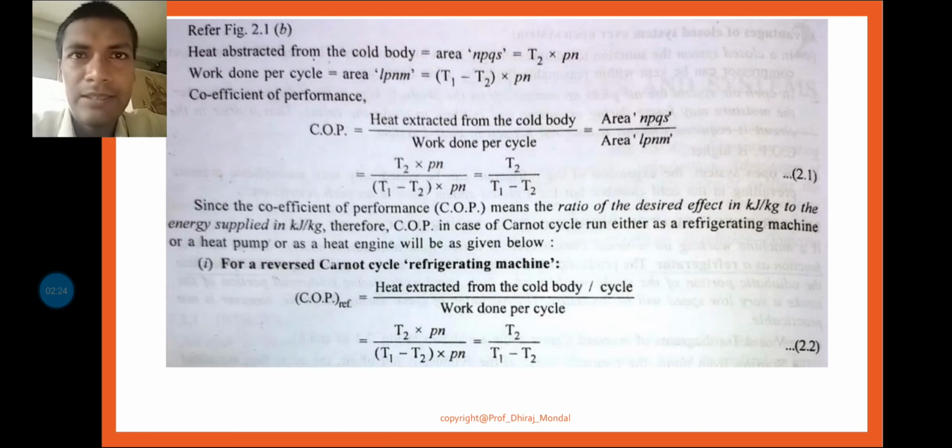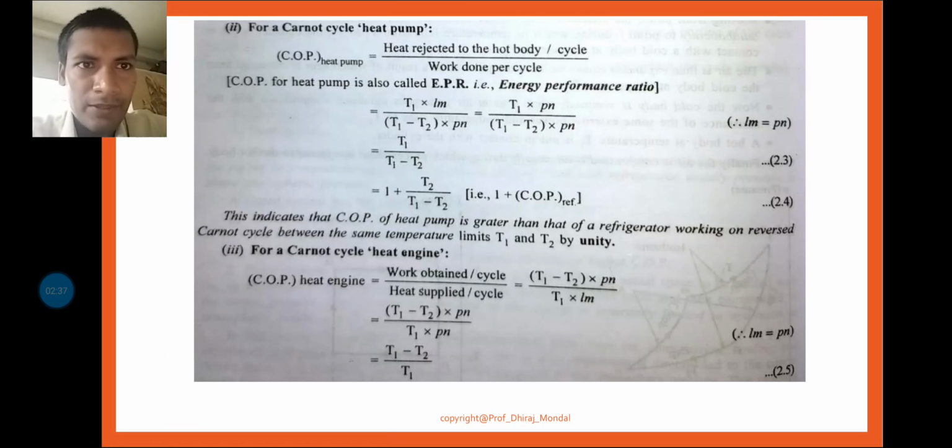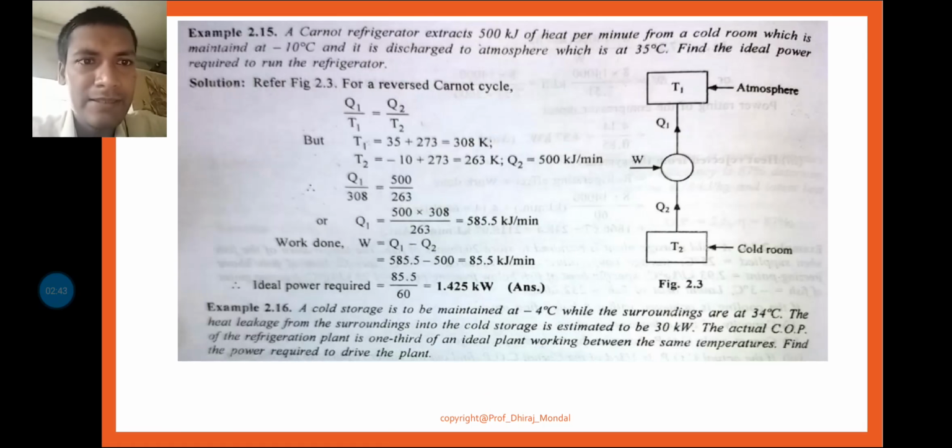That means some lower temperature is maintained by the help of some external effect. We have seen how we can calculate the COP of a refrigeration system, how we can calculate the COP of a heat pump, and what the efficiency of a heat engine should be. Two numericals were discussed, but in continuation of the previous lecture, let us discuss today's lecture, that is the air refrigeration system. Some numericals will be discussed first of all, then we will proceed to the air refrigeration system, the Bell-Coleman cycle and all this.